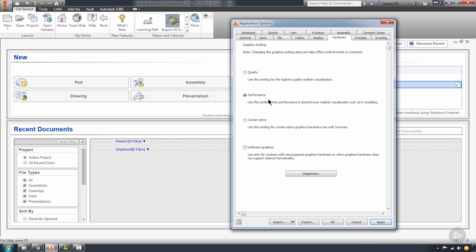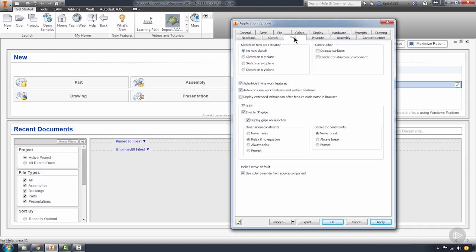I go ahead and just stick with the vanilla performance. Other than that, that's pretty much all I change. Everything else I like to keep vanilla. One thing I do want to give as an option within the part file is that when you start a brand new part, something you may want to do as a machinist is go ahead and sketch on the XY